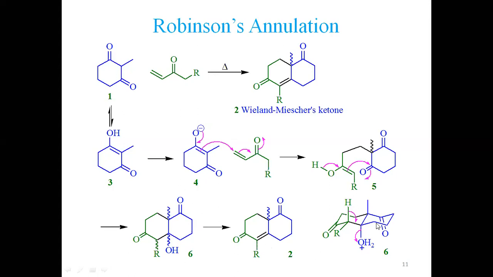This is the mechanism I have presented, that this is a fused ring system. Two rings in chair conformation are fused. A methyl is here, normally at axial position, and this is the carbonyl carbon which is present at this position. And this is the OH which is present at this, which is protonated, and this is the R group which is present at equatorial. Hydrogen is at axial position. This carbonyl is presented at this position. So this is the structure number 6, which undergoes elimination to form structure number 2 in fact. This is called Robinson's annulation.